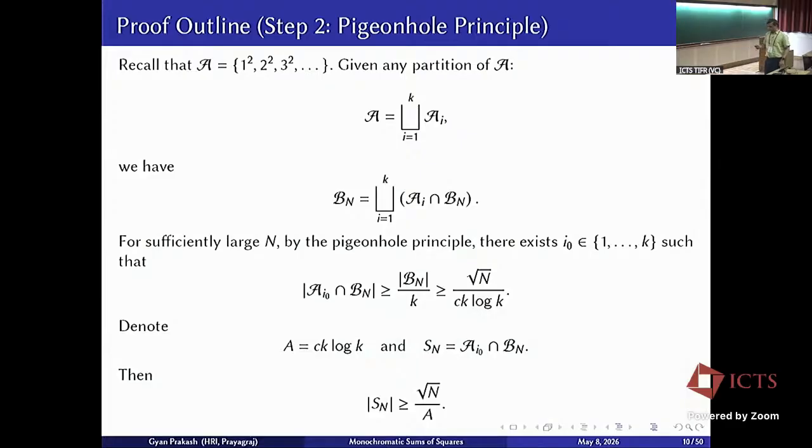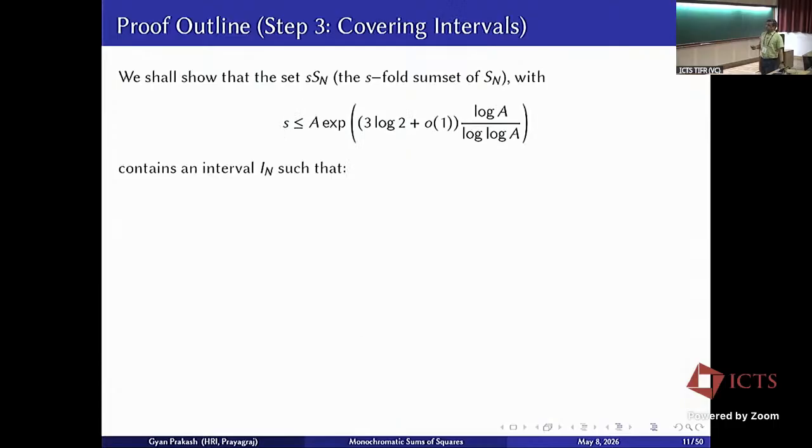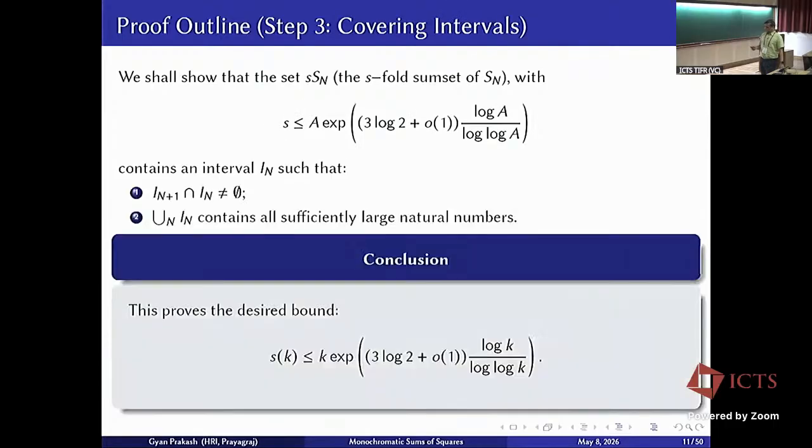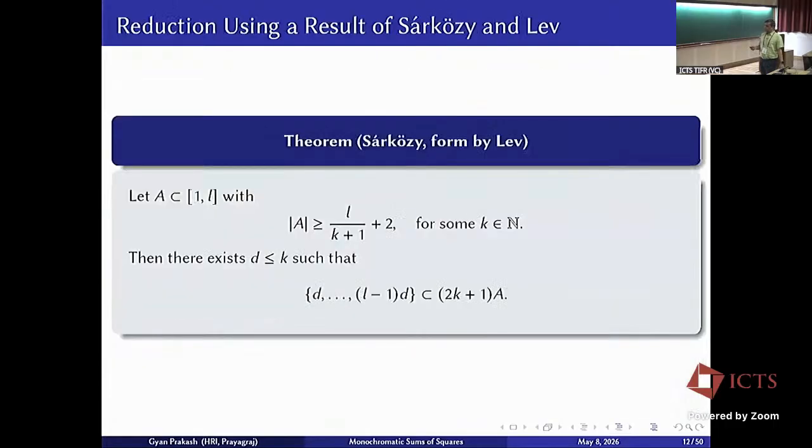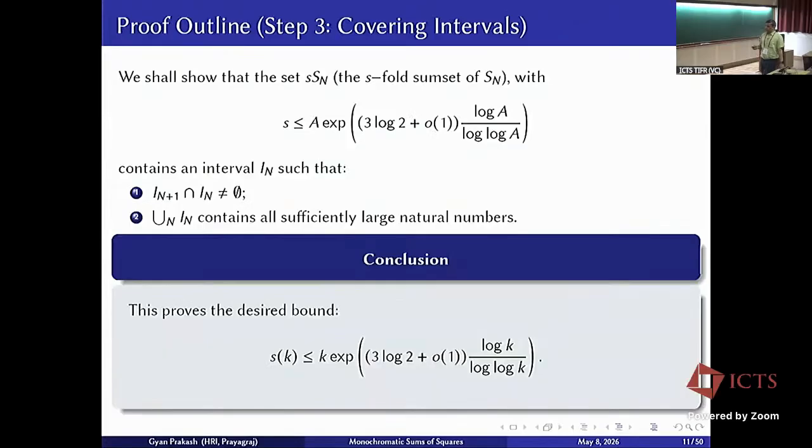Then if we can show that this S into Sn contains reasonably large intervals, we will be able to show that this is the case. Okay, so now this problem was reduced, the problem of finding the monochromatic sum, obtaining a bound for this S, to showing this S into Sn contains an interval of reasonably large length. Okay, now I will tell you,